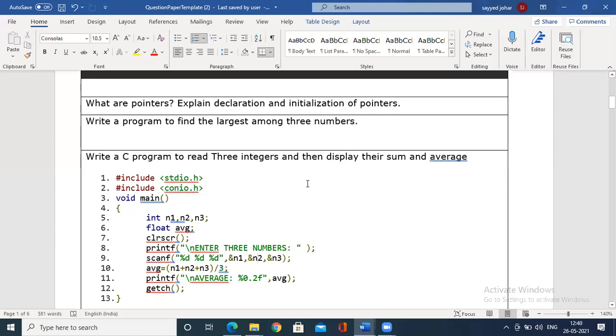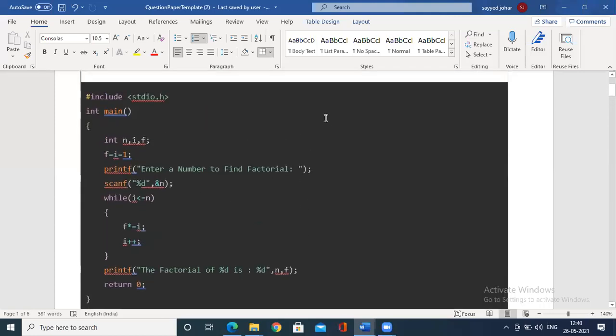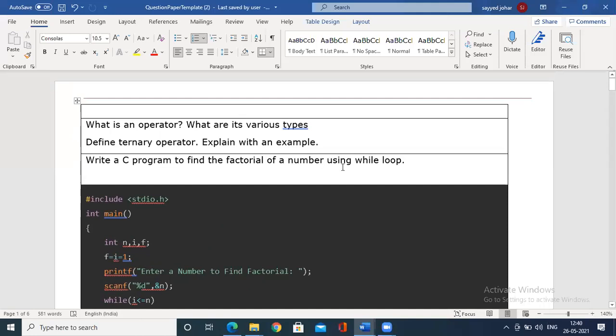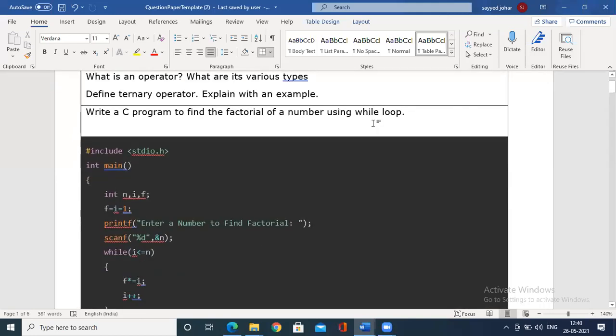Similarly, write a program to find the factorial of a given number using a while loop. If you write it in a while loop, you can easily write it for a for loop. Let me see how you could trace this program. For example, factorial of 5 you need to calculate as 1 into 2 into 3 into 4 into 5. So how do you calculate factorial using a while loop? Initially you take the number for which you need to find the factorial, one more variable i for indexing, and you calculate the final value into f.